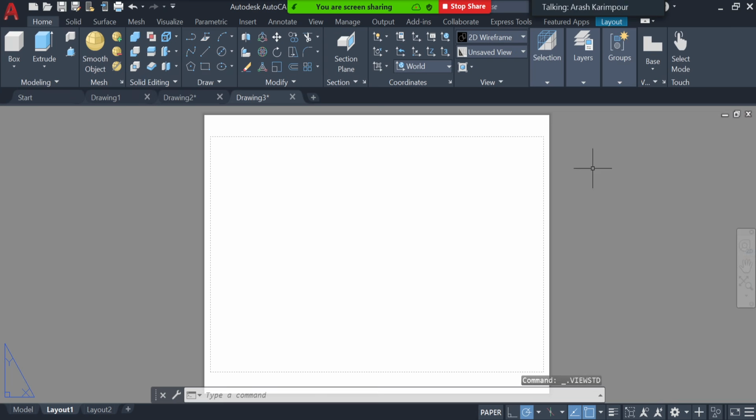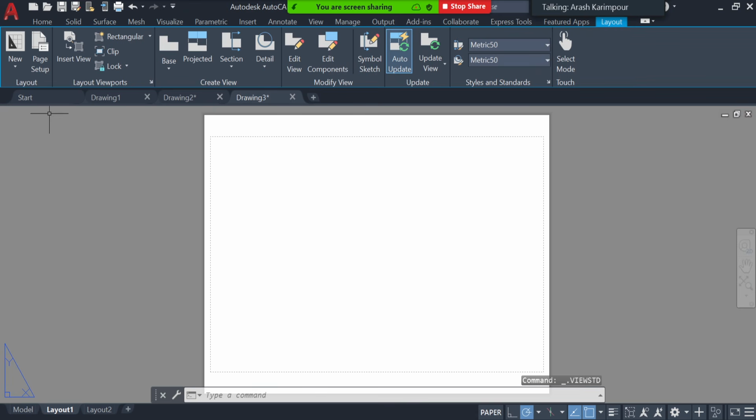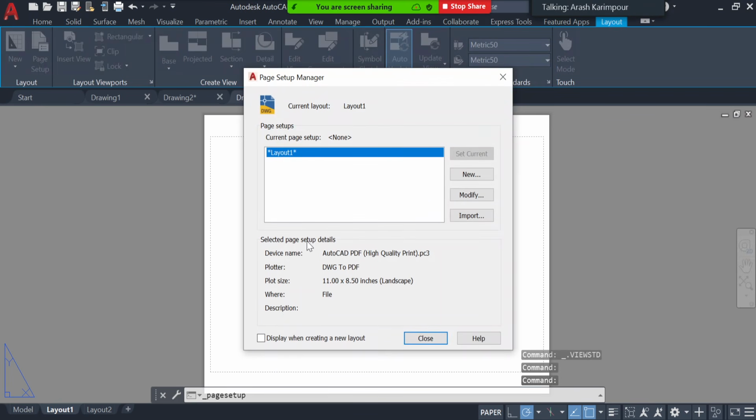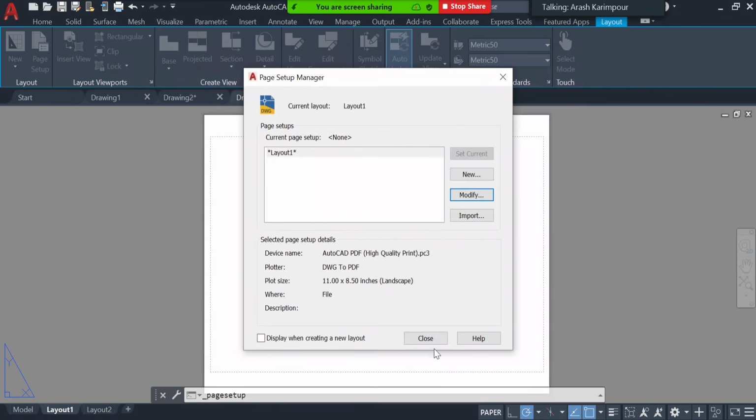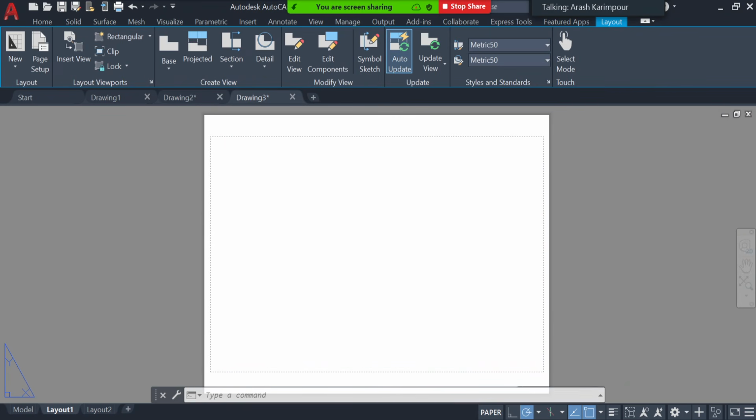Next thing, again, you go to that layout tab and make sure you go to the page setup and set up your page. We have done it before, but the same. Just go there, modify it, choose the printer, choose the paper size, usually these two. And then you have your paper size set, you have your drawing angle set, and when you are at this point, then you can actually go ahead and import the 2D